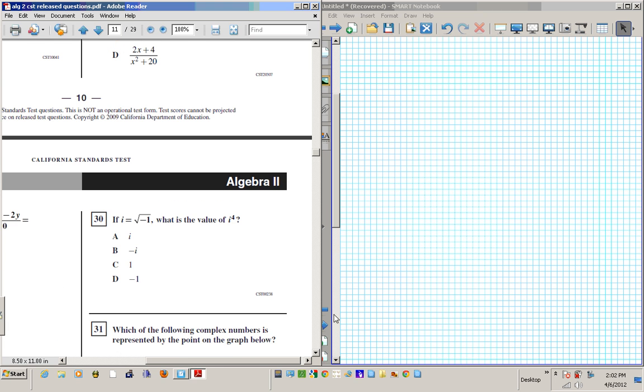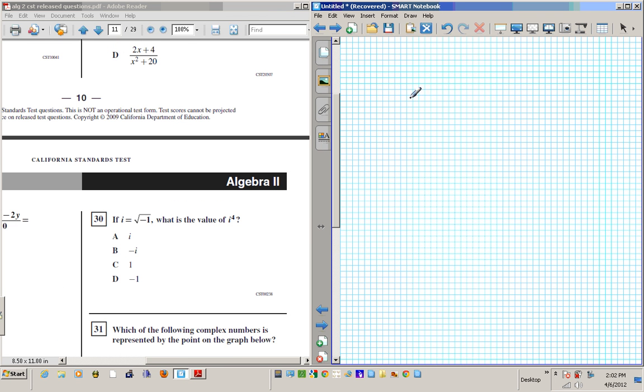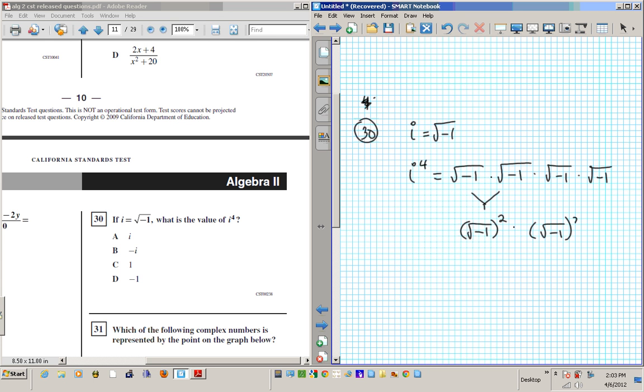Question 30 says, what's the value of i to the fourth if i is the square root of negative 1? So i to the fourth must be this 4 times, right? So square root of negative 1 times square root of negative 1 times square root of negative 1 times the square root of negative 1, okay? So these two together are going to give you the square root of negative 1 squared, right? Times these two together, which is the same thing, the square root of negative 1 squared,